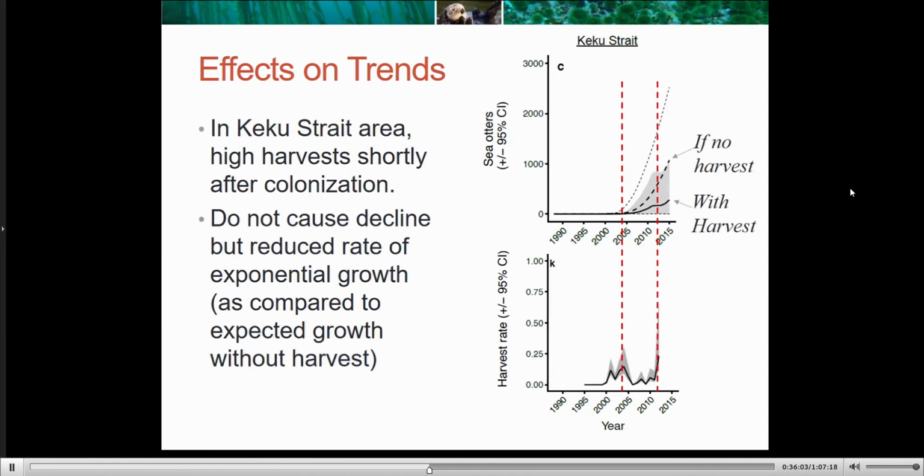In Kiku Strait, so in this area, as I mentioned, the harvest started shortly after colonization. In our simulations, they did not cause a decline. The population is still growing at an exponential rate, but that rate is considerably less than the rate would have been had harvest not occurred. So again, the dashed line is the scenario if there had been no harvest, and the solid line is what